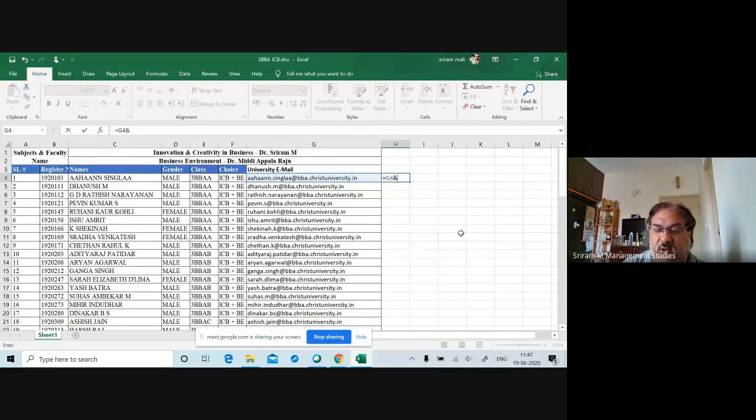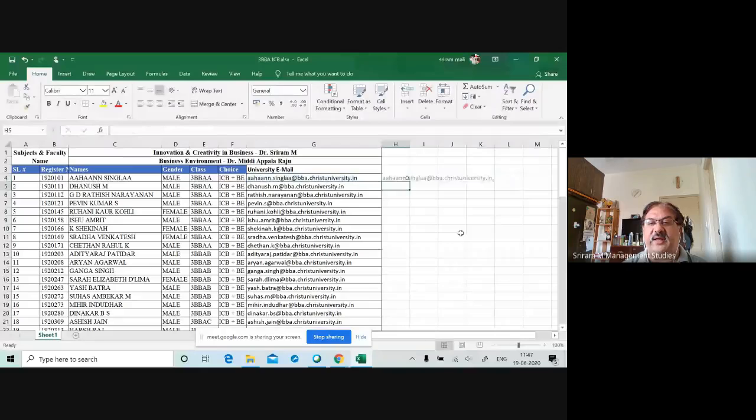After the and, you put an open quote, comma, close quote. Did you get it? I'll just repeat it. Equal to, select that first cell which has the first email ID, then the and symbol, open quote, comma, close quote. Once you do this, just press enter.